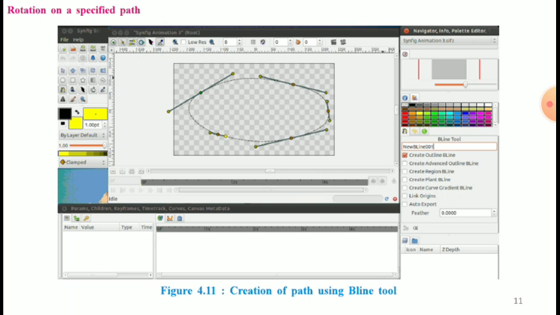In the tool options panel, select only the create outline Bline option. This point is very important, remember. So that is figure 4.11, creation of path using the Bline tool. And on the right hand side, in the vertical panel, you can select only the create outline Bline option.